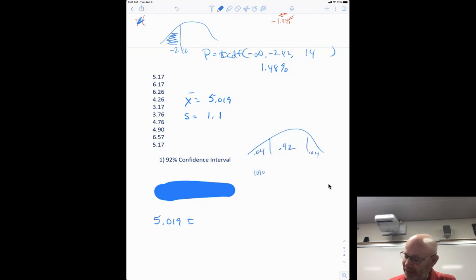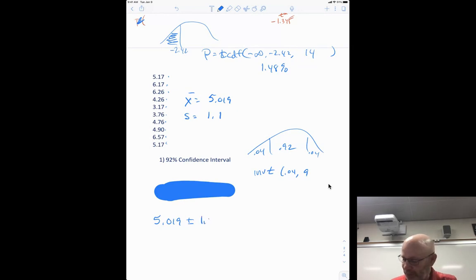So remember, this is inverse t now, inverse t of 0.04, and we would need the degrees of freedom: 1, 2, 3, 4, 5, 6, 7, 8, 9, 10, so 9 degrees of freedom. All right, so if I go inverse t of 0.04 with 9 degrees of freedom, I get